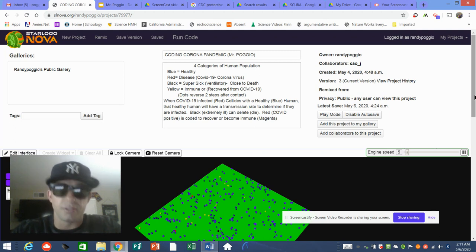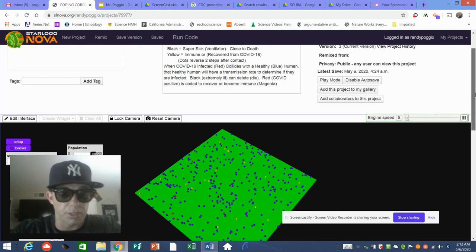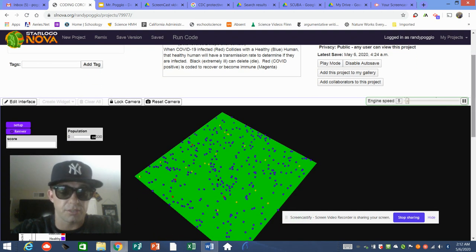However, January 19th, the New England Journal of Medicine reported a 35-year-old resident from Washington returned from Wuhan and tested positive. I also used 20 yellow or immune agents to start, as I believe the CCR5 mutation, or Delta 32, discovered by Dr. O'Brien from European descendants of plagues, or other similar genetic mutations, provide resistance to corona for 6% of the population. A natural human-embedded form of herd immunity. And the majority, 302 blue dots or turtles or agents that you see represent the healthy in the United States.